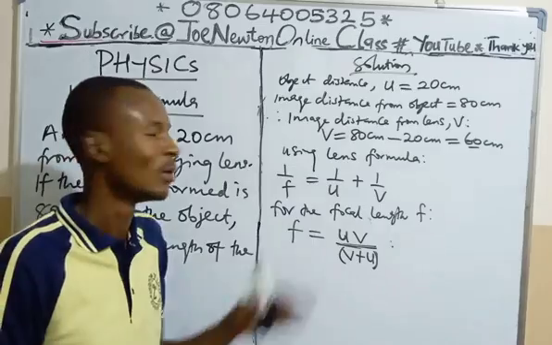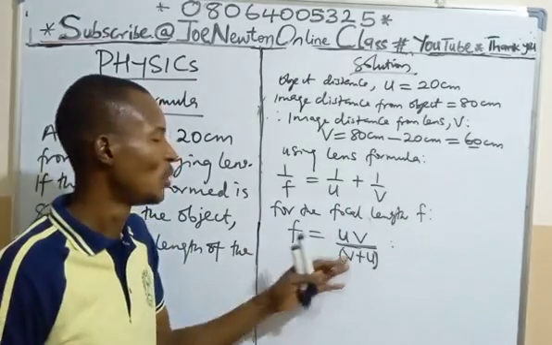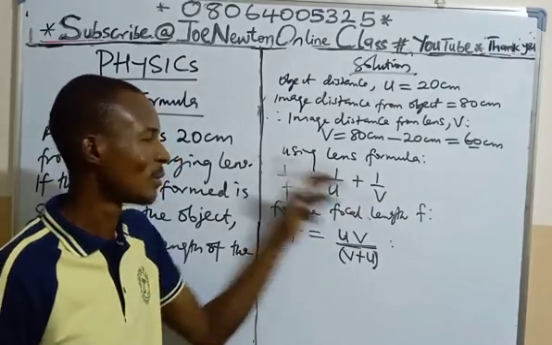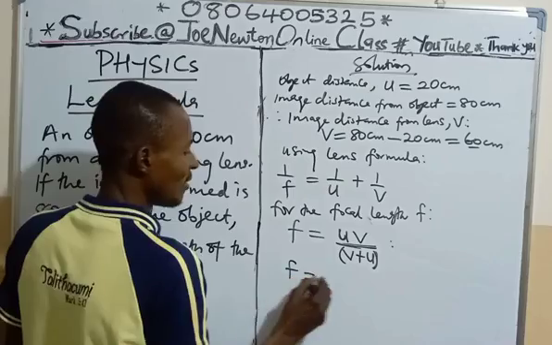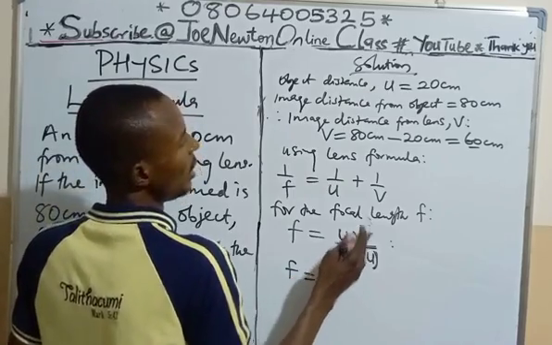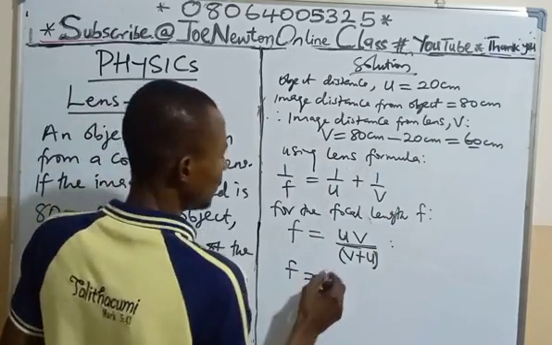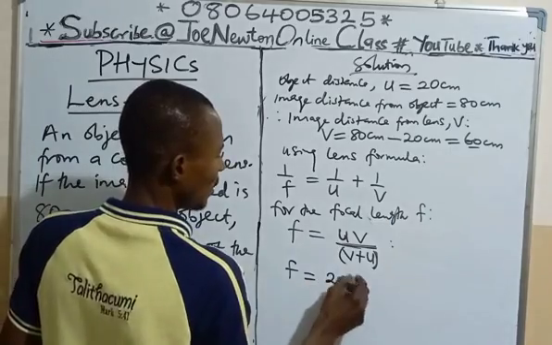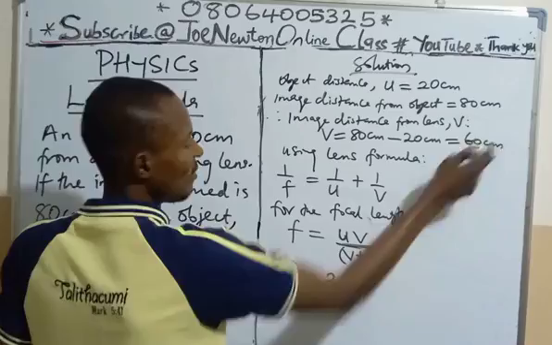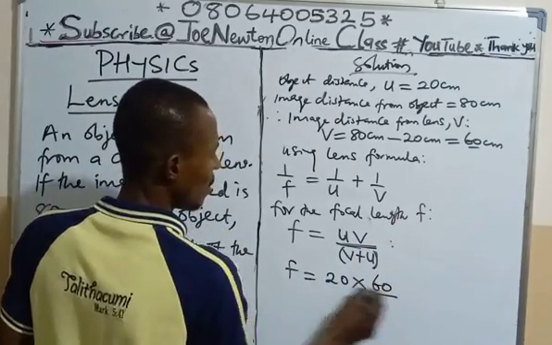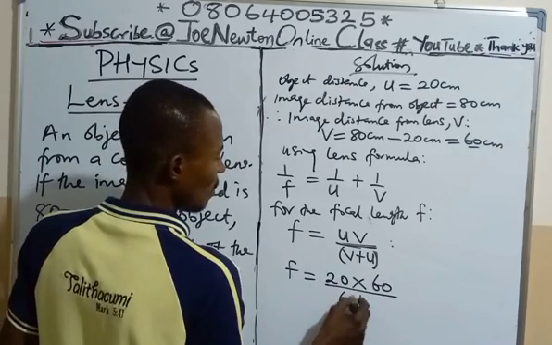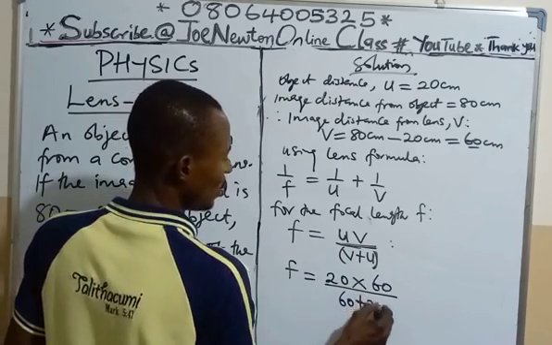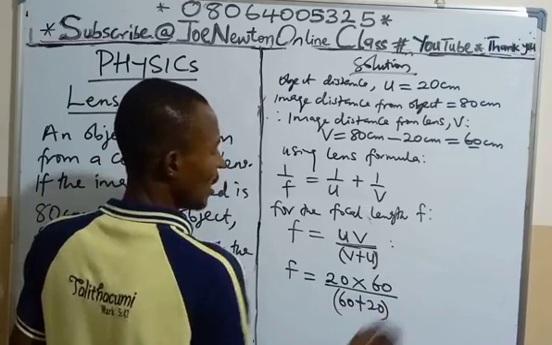From this one we have the object distance and image distance, which we obtain from here, making F subject of the formula from this equation. So simply we have that our F is equal to, our U is 20 times our V is 60, all over our V is 60 plus our U is what? 20. And that will give us